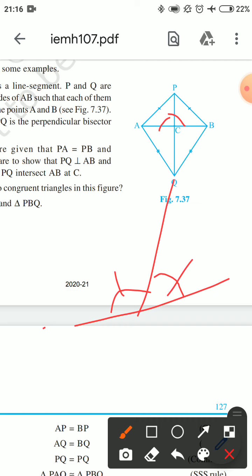So till now we have proved that angle PCA is equal to angle PCB, which is equal to 90°. So the first part, that it is perpendicular, we have proved this thing. Now we'll prove that it also bisects